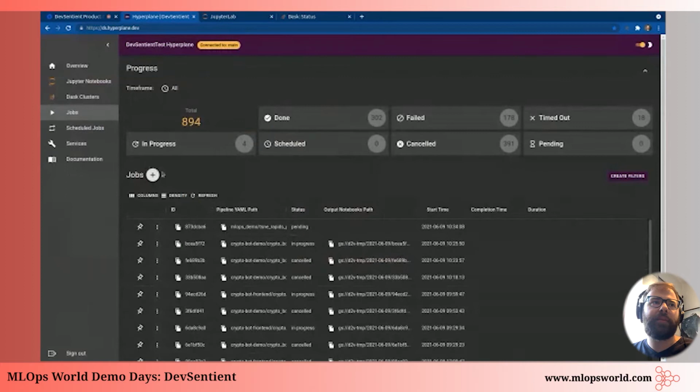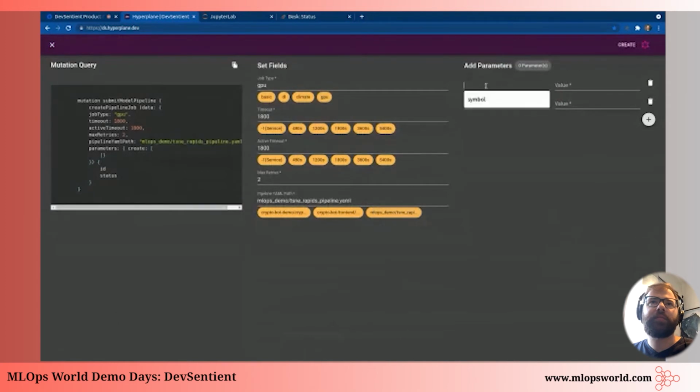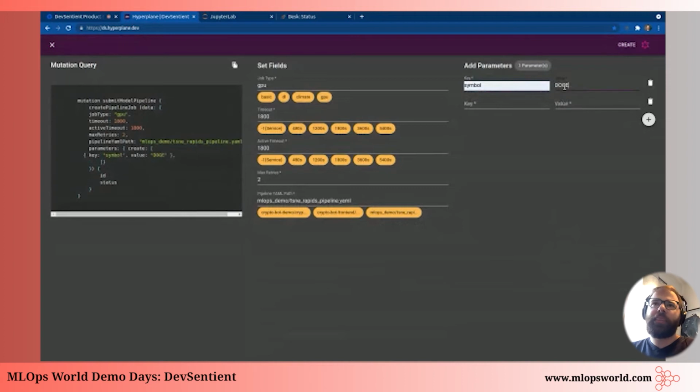And then I'm going to kick off a second job as well, but this one using Doge. And I know that I actually don't have Dogecoin data stored in my bucket, so this is actually going to error out.